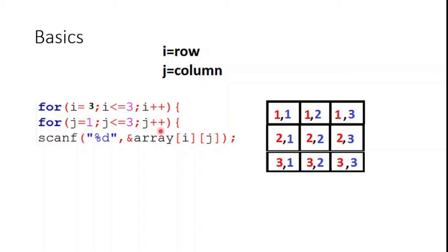Now, the J++, when it makes J equal to 4, that condition will not be true. So again it will come back to this one, I++. So now I will be equal to 4. Now notice that I cannot be greater than 3. So if I is equal to 4, that condition will not be true, and in that case this for loop will not proceed anymore. So that is how the for loop actually works, and you can see how this whole thing is actually working in practical C language.